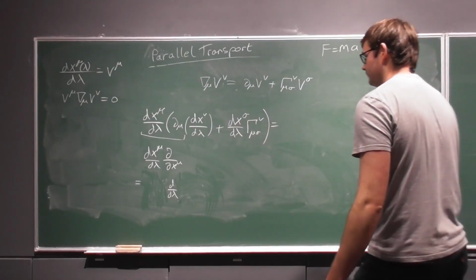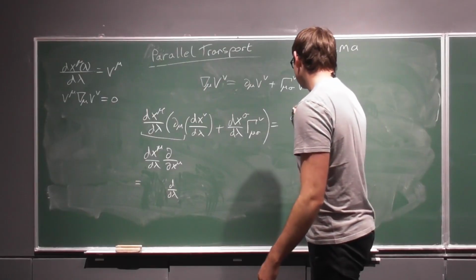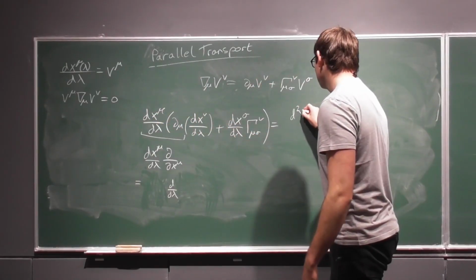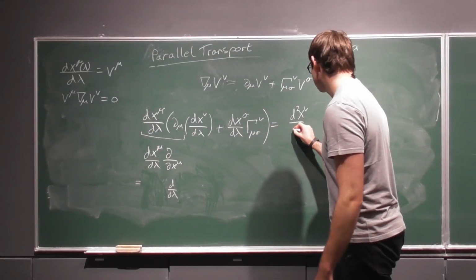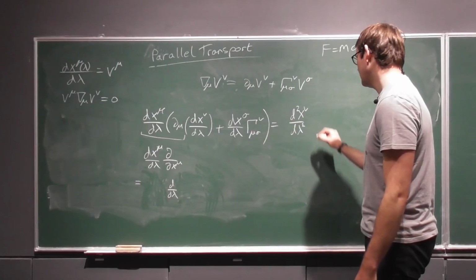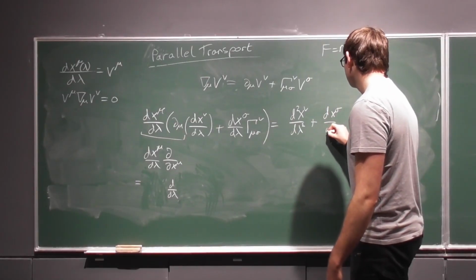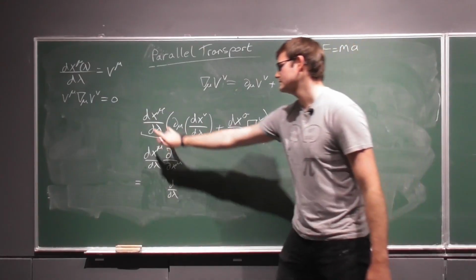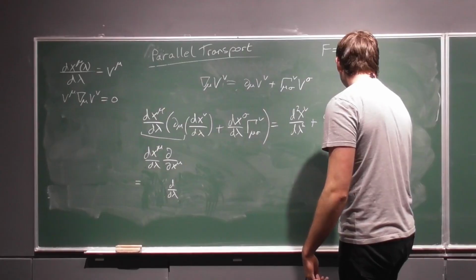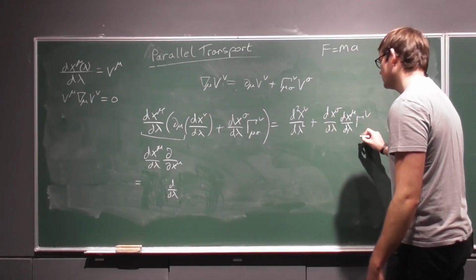Okay, so yeah, in a sense you can kind of think of just canceling these, and you get d over d lambda. It's kind of the index notation trick we've been using. So that first term, because this is d lambda, this is d lambda, you get the second derivative of x mu squared, plus